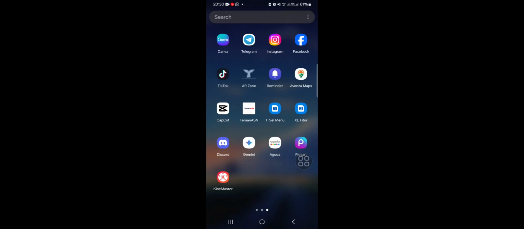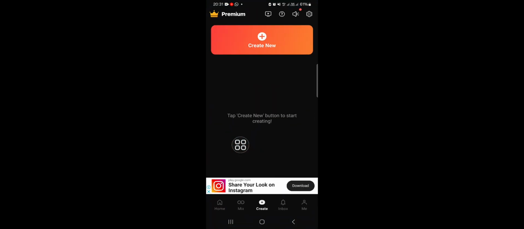In today's tutorial, I'm going to show you how we can edit video using the KineMaster application. Okay, let's get into it, guys. First of all, make sure you have installed the KineMaster application on your mobile phone. Once you have installed KineMaster, you can open it and I'm going to show you how we can edit